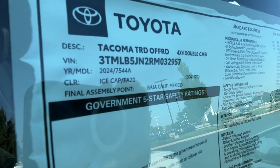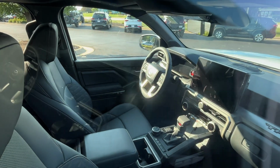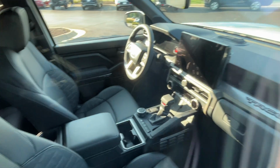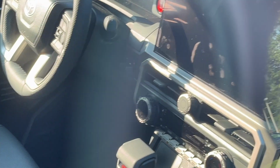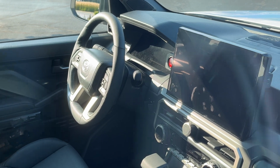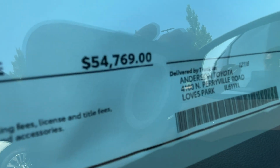Ice Cap. Here's the interior, pretty cool looking, durable leatherette. I believe Toyota calls it SofTex. Here's your huge infotainment system with all the fingerprints on it. So now we could just take those prints to the police station and see who's been touching this screen. But mainly, here's your price,